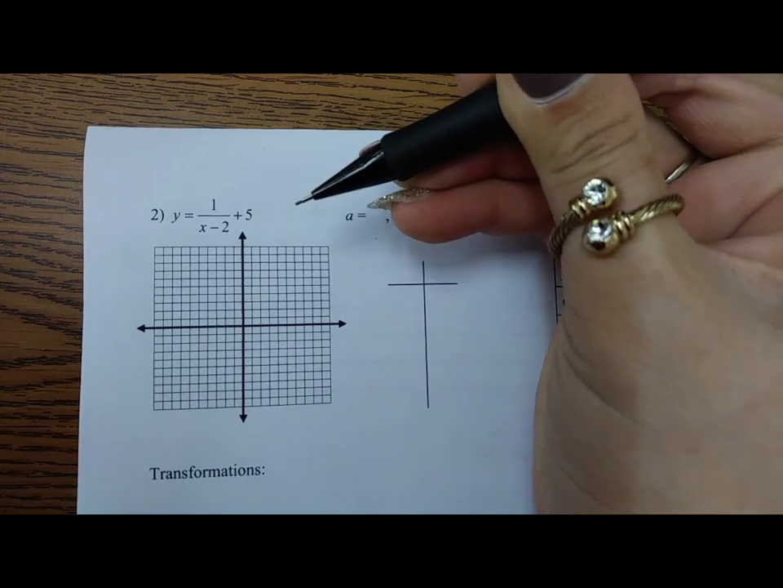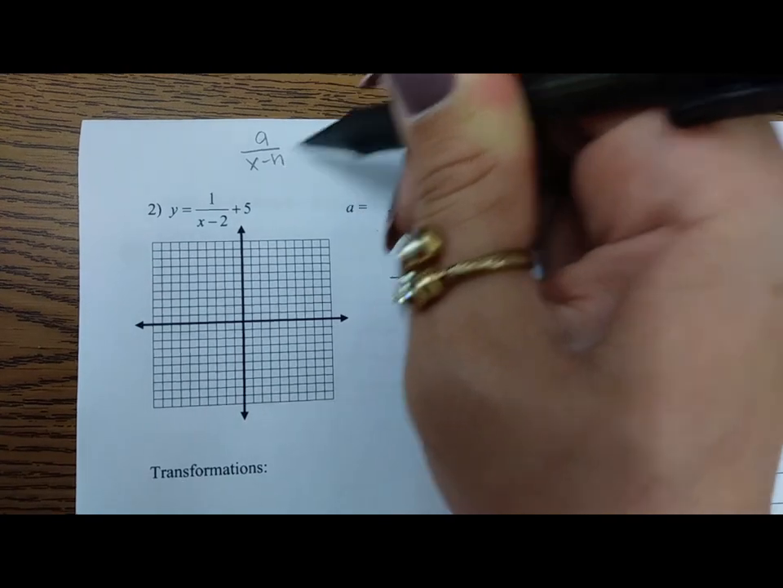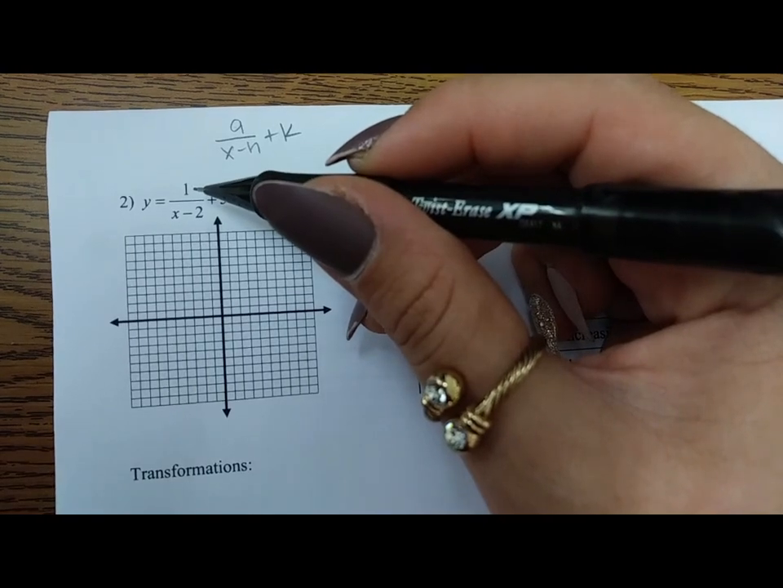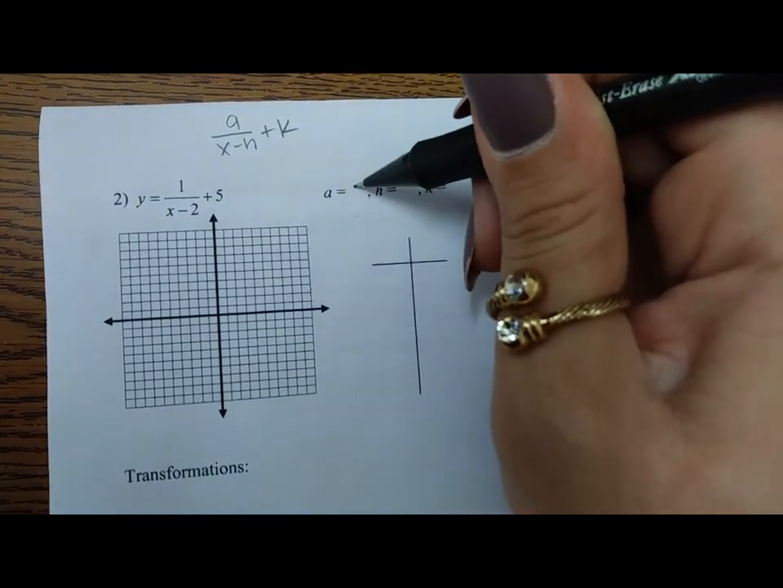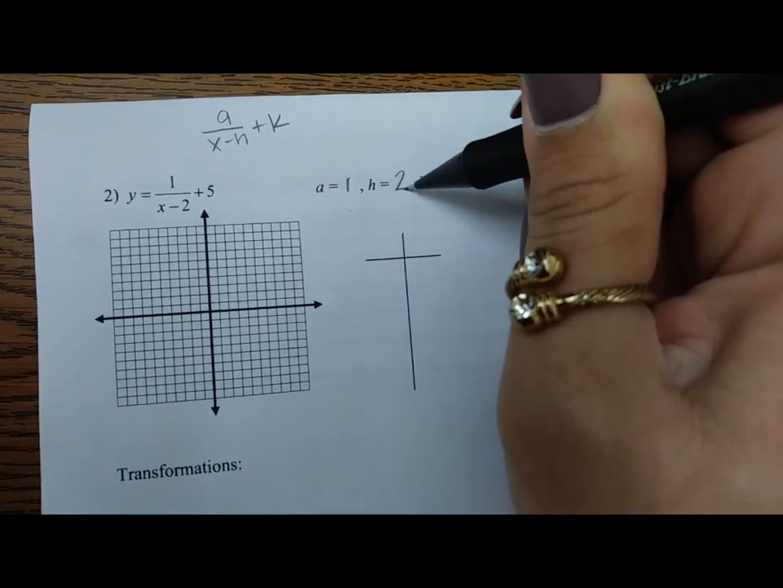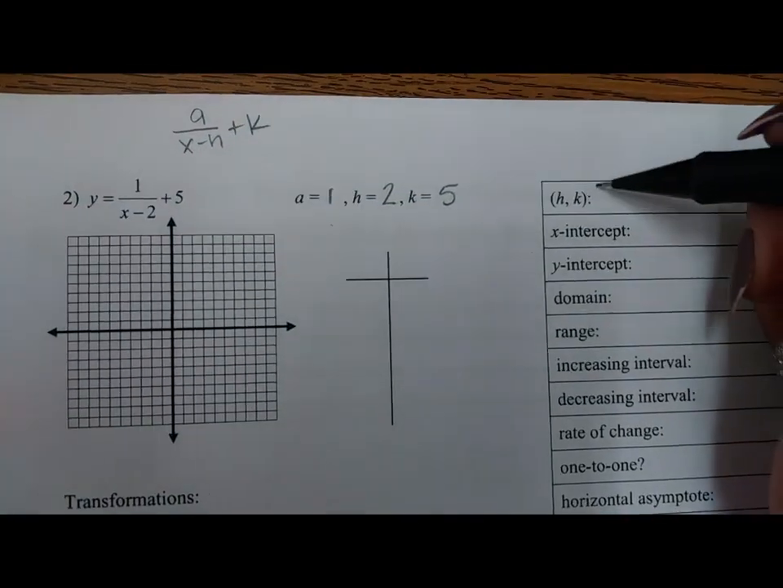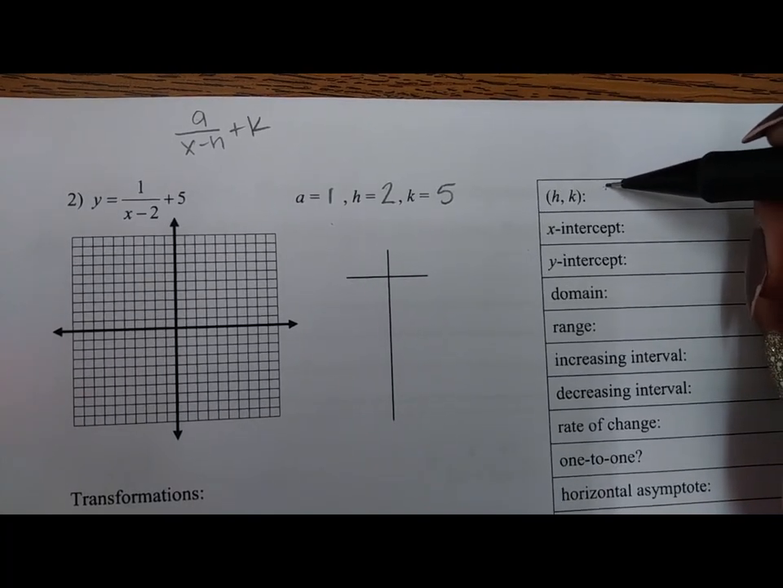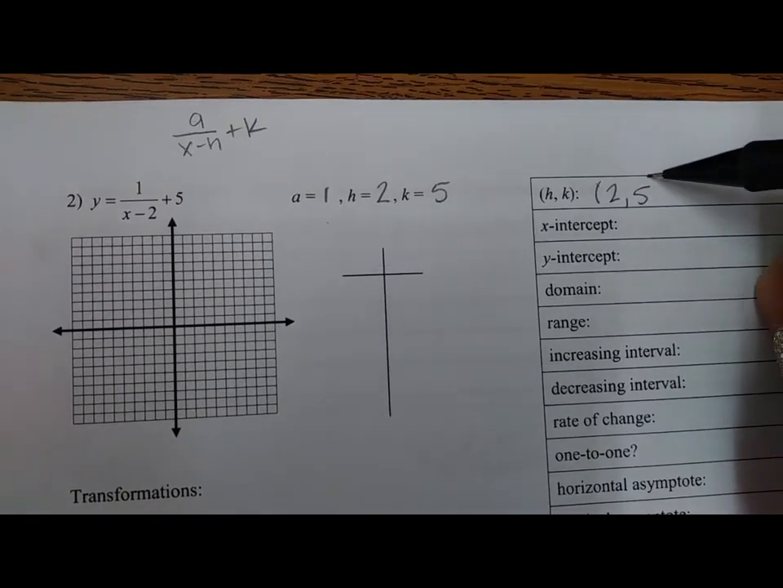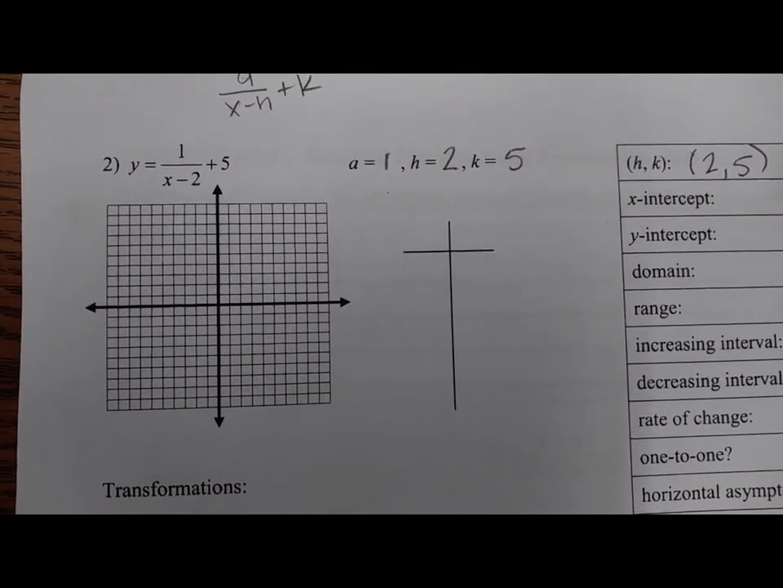So remember, it is A over X minus H plus K. Because our 1 hasn't changed, our A must be 1. H is 2. Remember, positive 2 because our sign hasn't changed. And K is 5. So I know that my HK will be here at 2, 5. Now you don't have to mark them, but it's nice to mark them just to know which